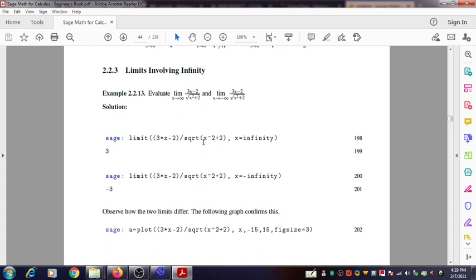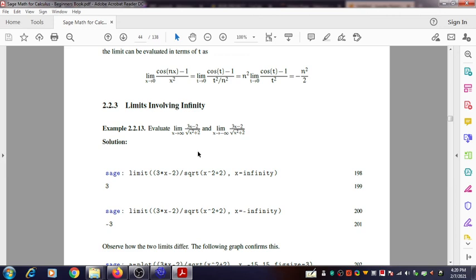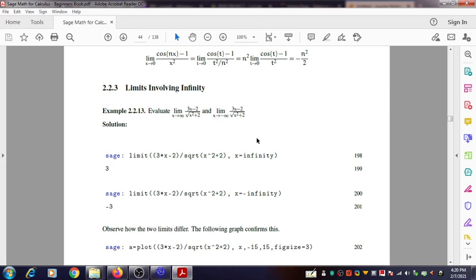another important thing is limit involving infinity. Before stopping this video, we want to discuss that also, and after that we will close this. Okay. See, you may be asked to find the limit of this kind of function as x extends to infinity. Now, you have to see the problem. Limit of (3x minus 2) divided by root of (x square plus 2) as x extends to plus infinity, and limit of (3x minus 2) divided by root of (x square plus 2) as x extends to minus infinity. So